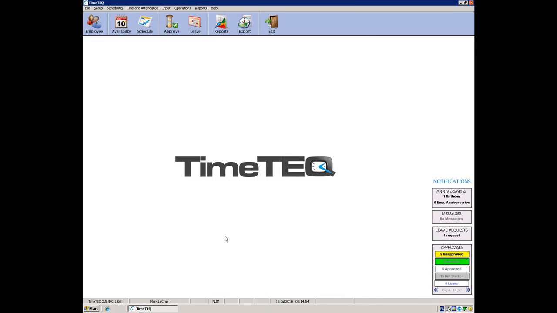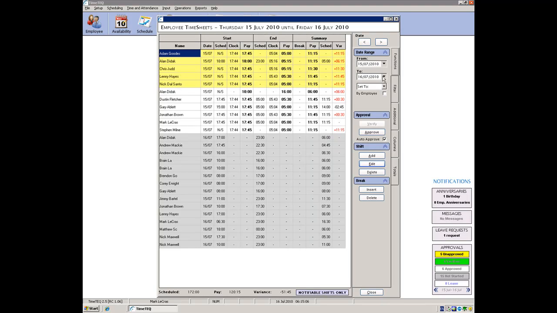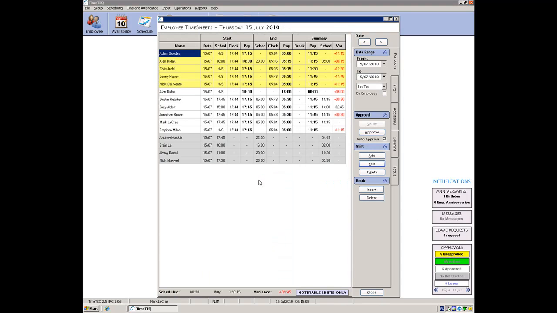When we log into TimeTech, we can see over here on the right our notifications area with any anniversaries, messages or leave requests that we need to address. Also see our approved shifts here and any unapproved shifts. If I just select yesterday for our unapproved shifts, I can see here I've got some automatically approved shifts and